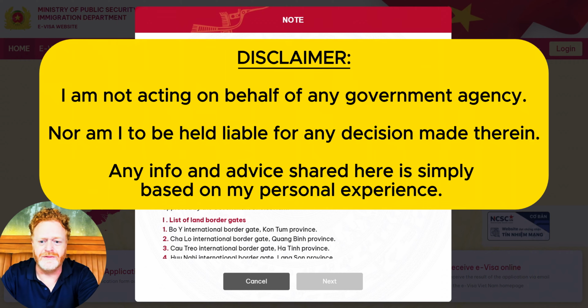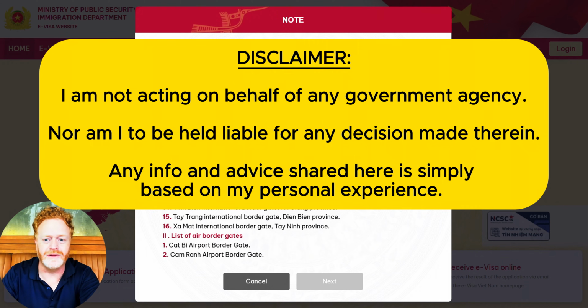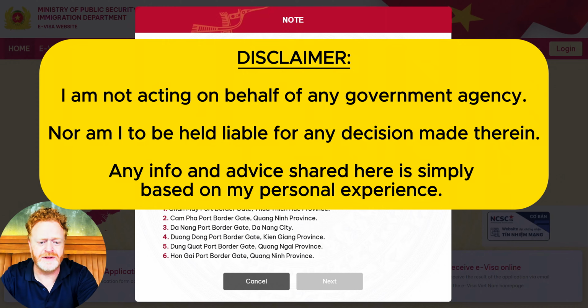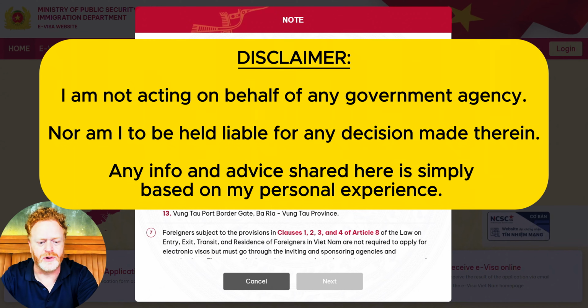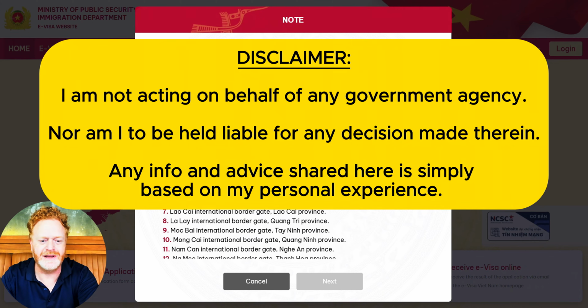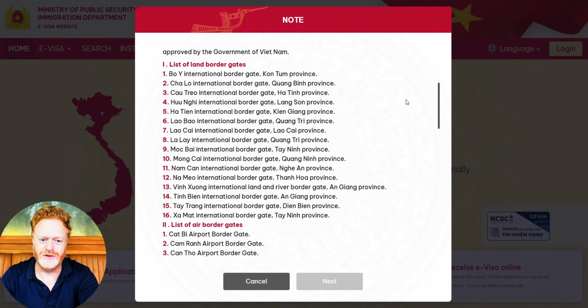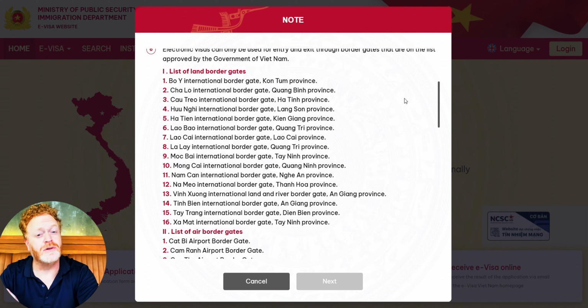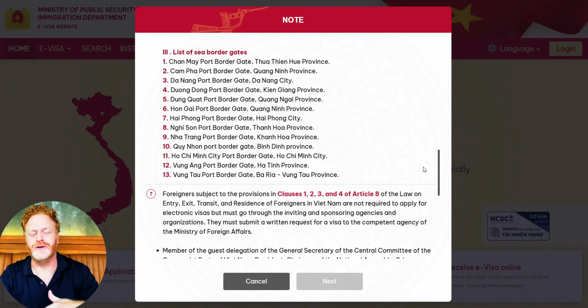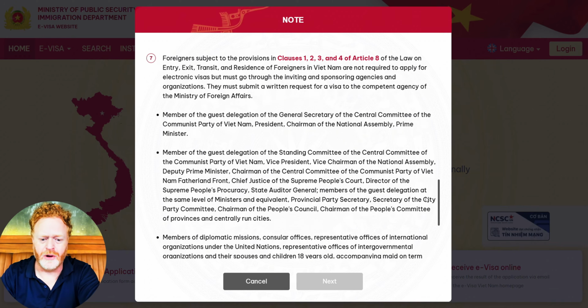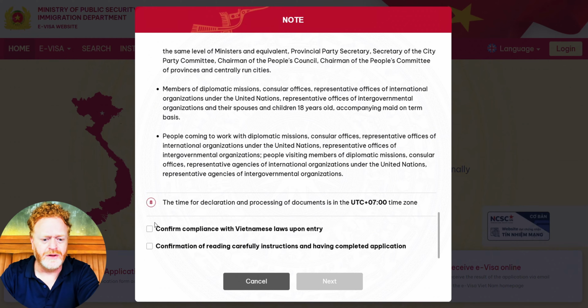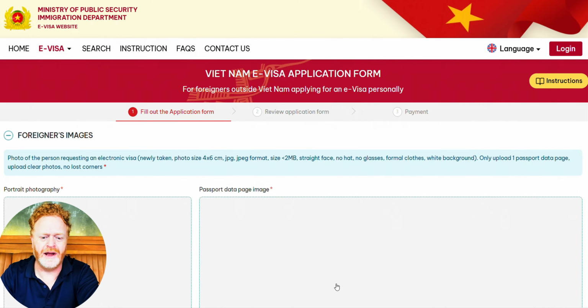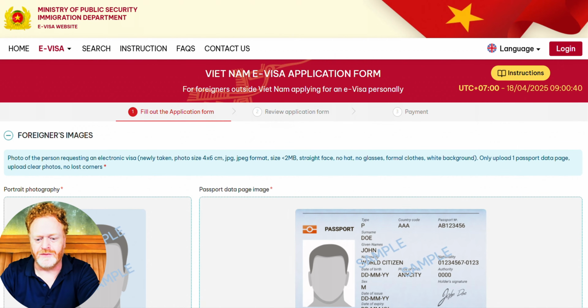Okay, now you have a list of declaration instructions here, and this is basically just making sure that you're following all the legal parameters set in place, right? So you've got a list of border gates and air border gates here and sea border gates. So these are three places you can come in through your e-visa, the three types of places, but really it's any international location that you can fly into or out of, or through a boat or whatever. So those are all covered here. And then it's just basically, make sure that you're complying with the laws and that you've read everything carefully,